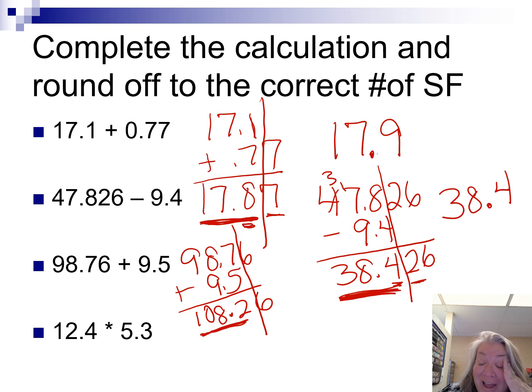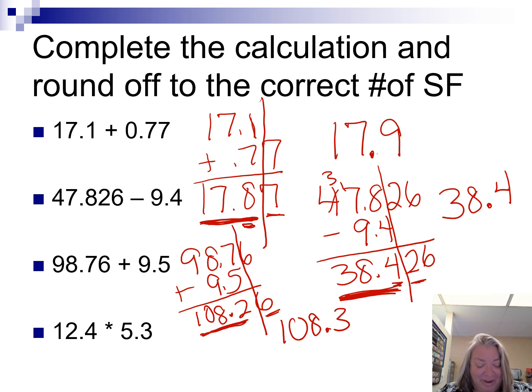So on this one, I have 108, and then we have to figure out, is it going to be 0.2 or 0.3? When we look at that next number, it's a 6, so we're going to round this up to 108.3. Now I have one more example, but on this one, I'm actually going to use a calculator